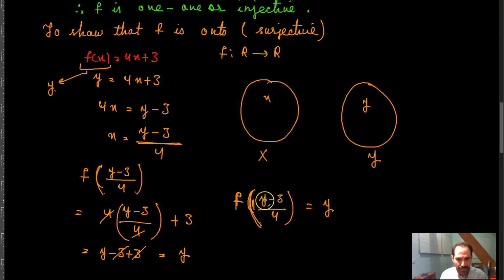Now if I imagine that y is a real number, then y minus 3 is a real number, and if I divide the whole thing by 4, that's again going to be a real number, and a real number does exist in the set of real numbers, which means that you can say that for every y,